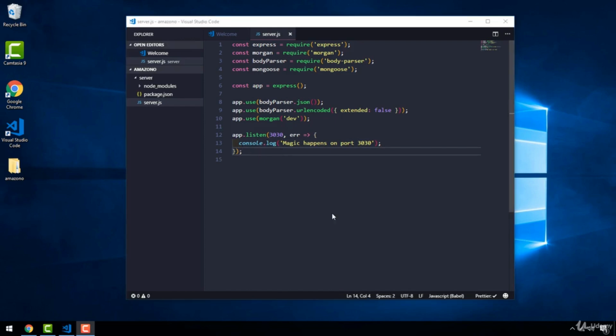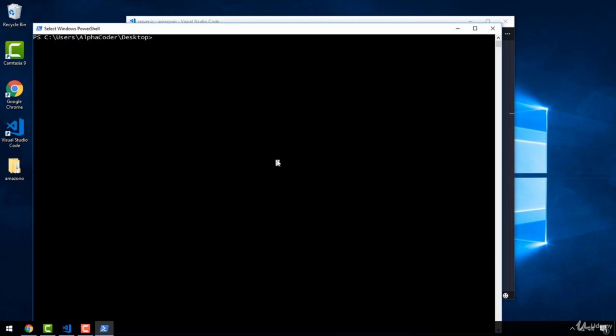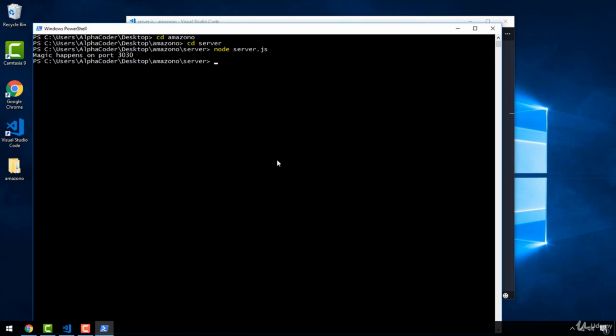Let's run our Node.js application. So I'm going to open up my PowerShell. Here I'm going to cd to Amazono and then cd to server, and I'm going to type nodemon. If you use only node, whenever you make any changes to your code, it will never restart the server by itself. But let's cancel this. If you do nodemon,